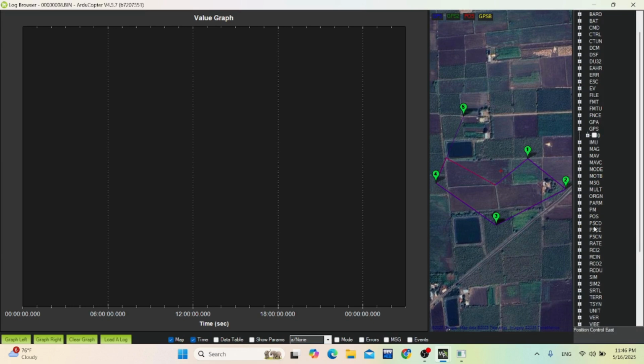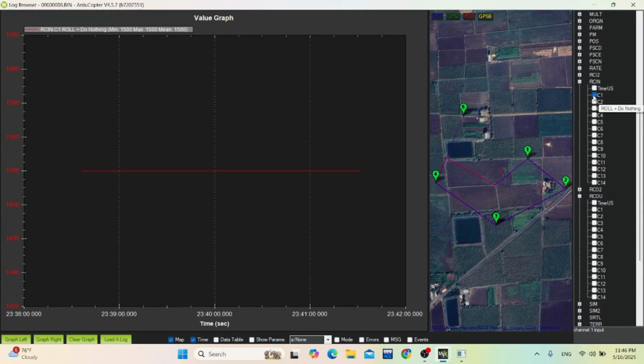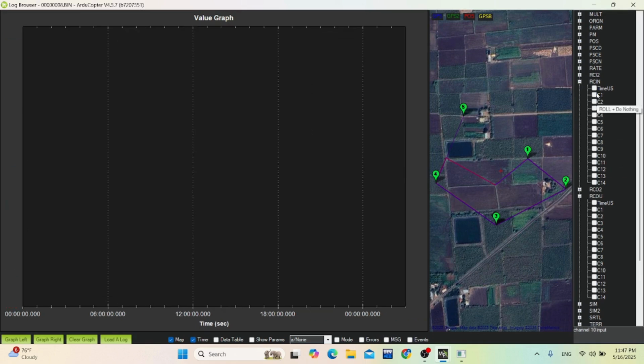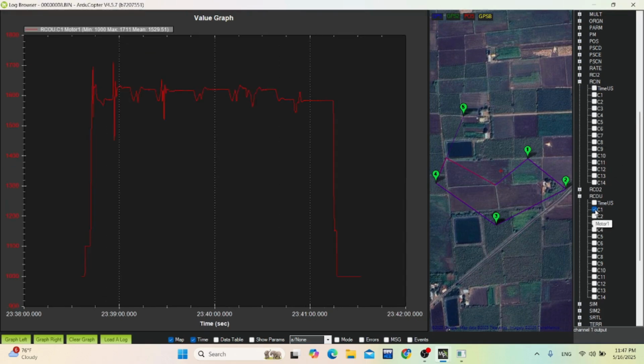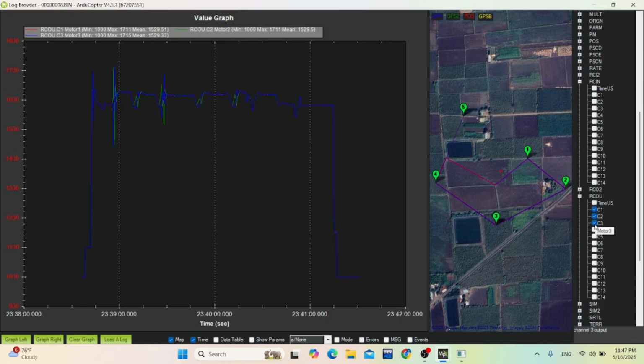Let's check one more. Click on RC in and RC out. That means the flight controller signals in and signals out. This is channel 1, channel 2. This is the RC out of channel 1. You can see the graph. RC2, channel 3,